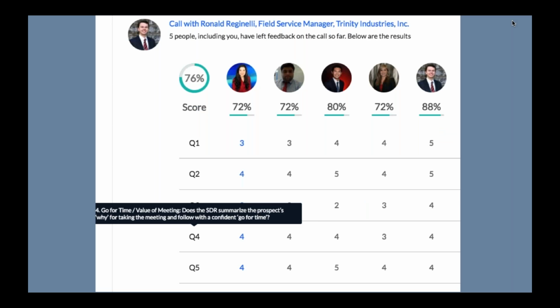So right here, just to let the masses know what we're looking at, the first column is actually the score that the rep's manager left for him. And we actually had a number of different people weigh in on this call. It's a mix of peers, our sales trainer, as well as the rep's manager and the rep themselves. So the manager is that first column, Rachel. She scored Alex at a 72%.